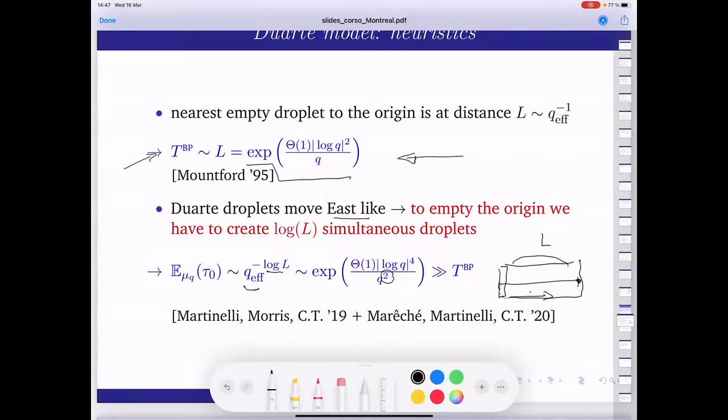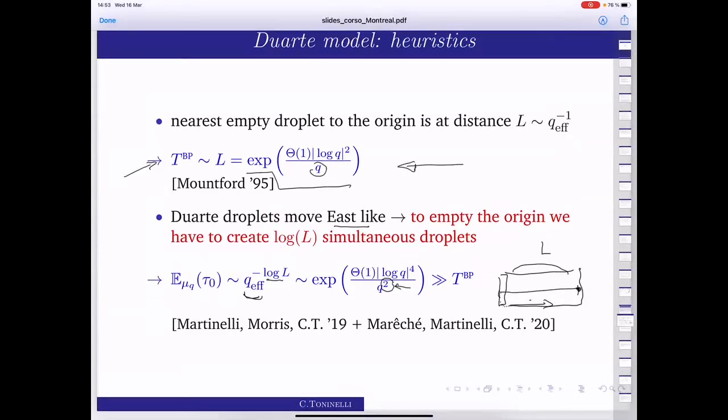So I have 1 over the effective density to the power log q, which gives the other q in the exponent. So if we do it as tomorrow, as yesterday, sorry, we should stop in 5 minutes. Okay, so this is the